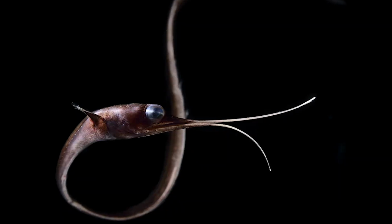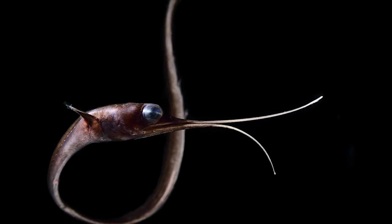I also forgot to mention, their eyes can also glow red, which makes researchers wonder if eels are one of the few animals that can see the color red, and that their bioluminescence is used to communicate with other eels. Continuing on with eels, we have the very eerie looking snipe eel, another deep sea fish